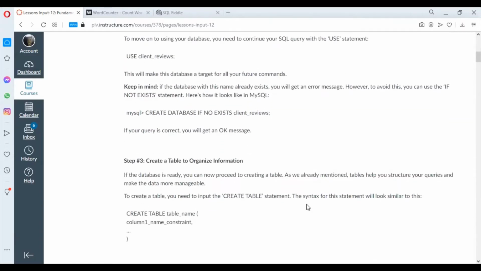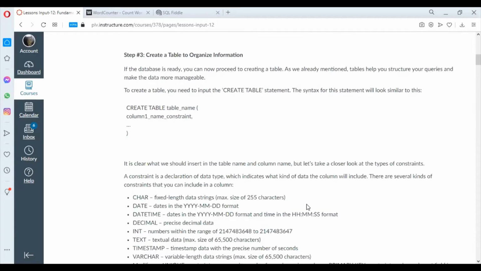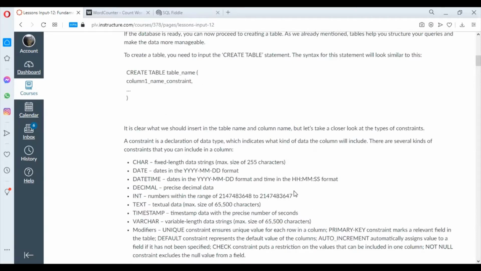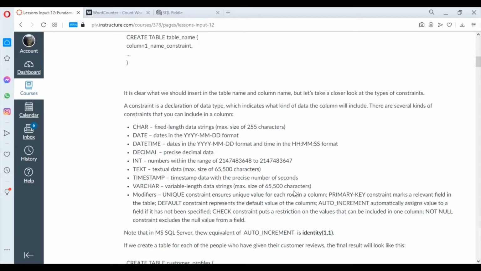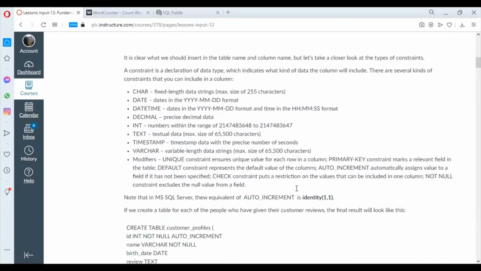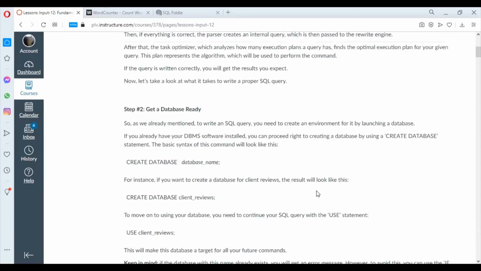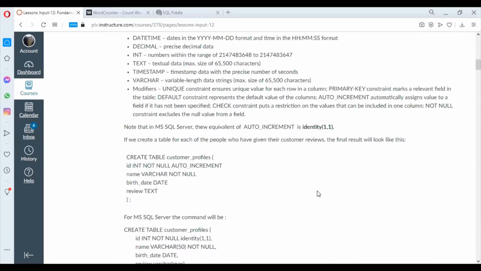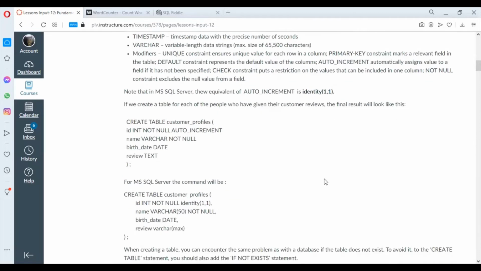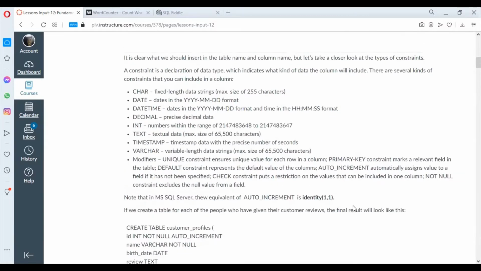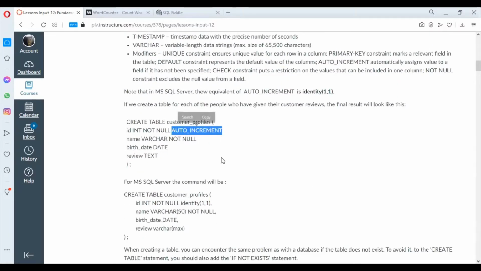Okay, so basically, these commands, as you notice, have some differences from the commands that we used in our earlier examples. I just give this as an example so that you could see the differences if we use another database vendor. So in this example, we have a create table syntax. Notice that instead of using identity, MySQL will be using auto underscore increment, which has the same effect as